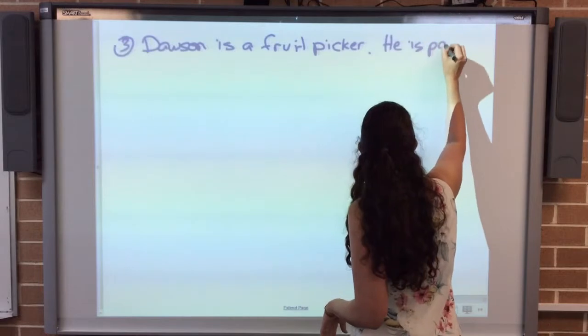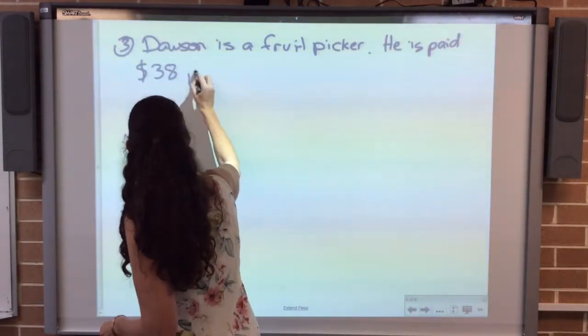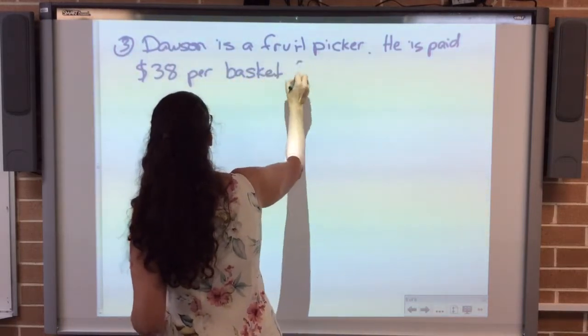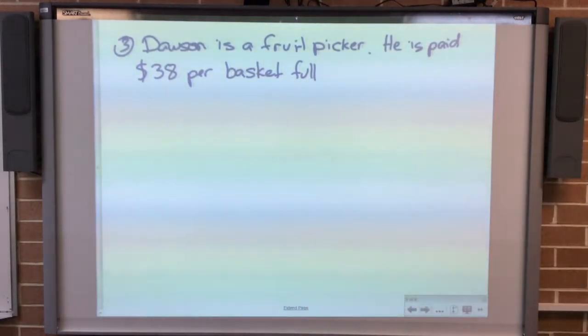He's paid $38 per basket. You don't get 38 per piece of fruit, okay? So he can get paid $38 for every basket. He is going to work, so say he works...